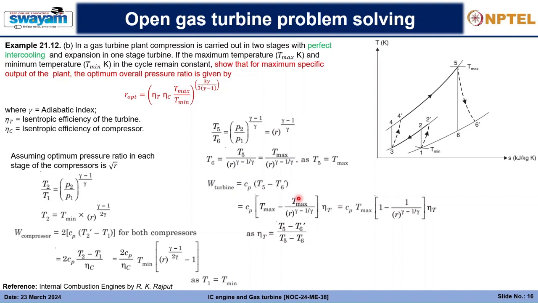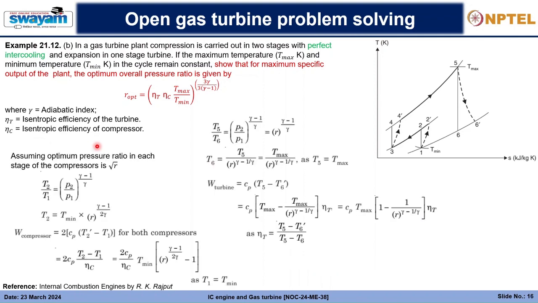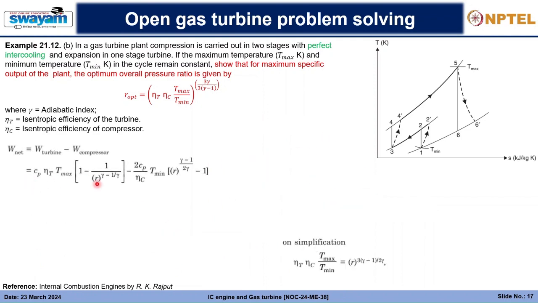And we will finally get the work done by the turbine will be Cp T max into this entity. So finally you will find that work net would be work turbine minus work compressor, and we have found the work done by the turbine, we have found the work done by the compressor. We'll calculate the net work. So net work would be, if we plug in the values, we will get this expression of the net work, and our objective is to